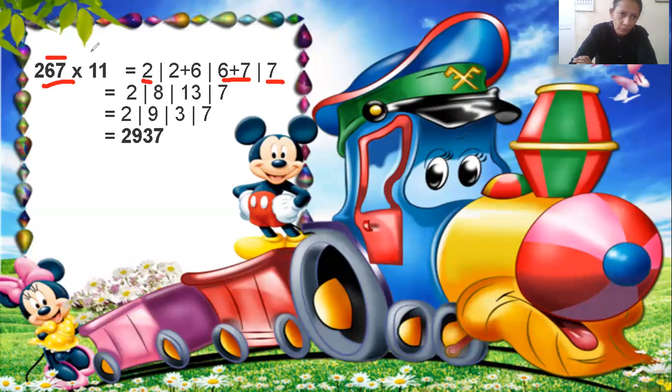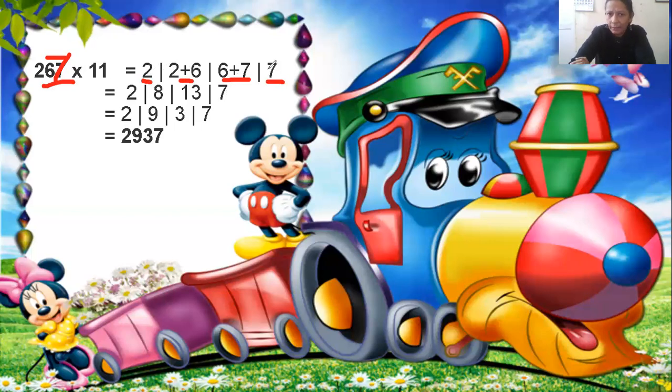Now you ignore this 7, because you have to do the addition of two numbers only at a time. You can only add 2 numbers always. When you are multiplying with 11, you have to do the addition of 2 numbers. So in the next step, you forget this 7. Ignore this 7. You can cut this 7 also. After 7, what are the next 2 numbers? You can look here, this 2 and 6 are the next two numbers. So you write down 2 plus 6, put a slash, and 2 you have already written here as it is.